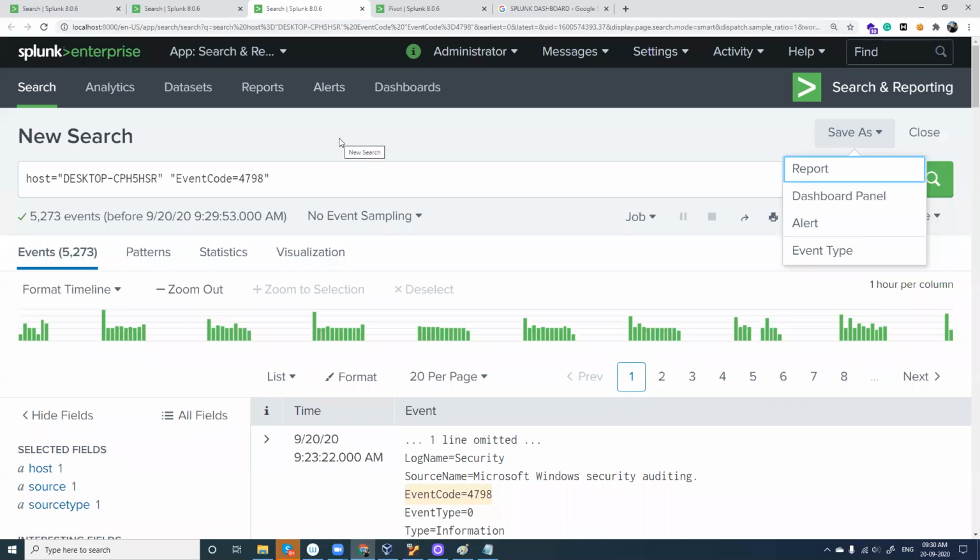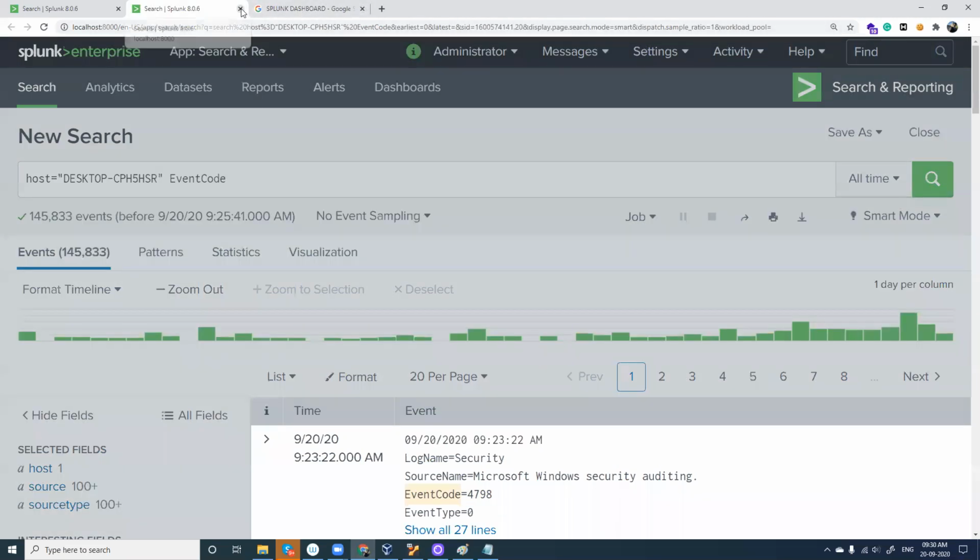So this is how it is useful for an individual. In case you are a security professional and you want to analyze the log files of your own computer, right? You want to see what has happened to your computer, and if something bad has happened, or if any malicious events are occurring, Splunk can also be used for that purpose.